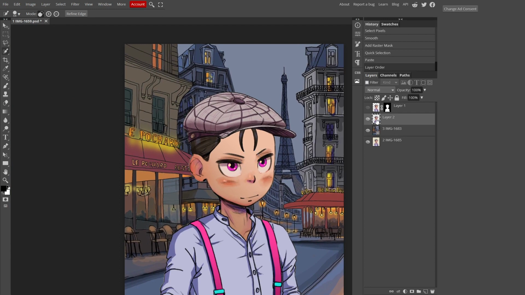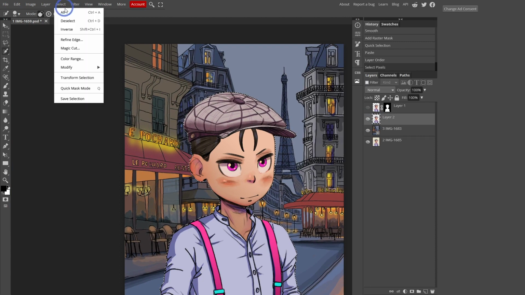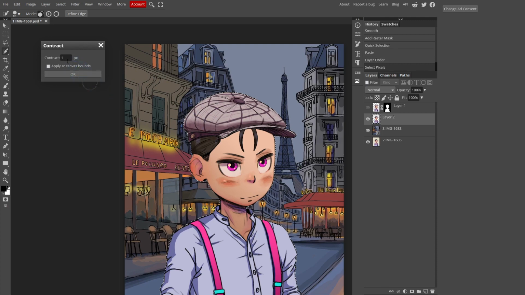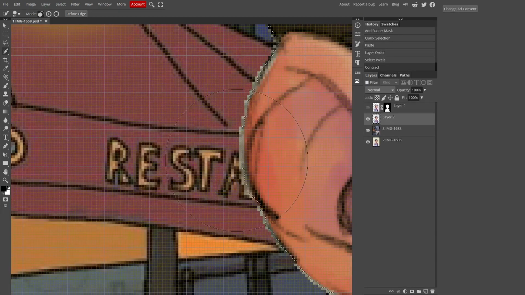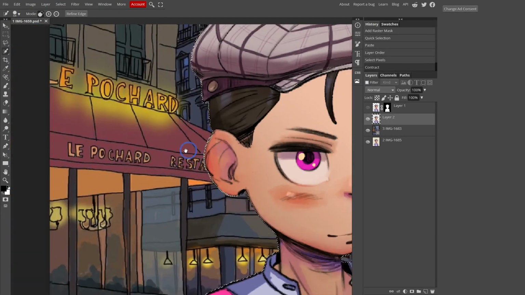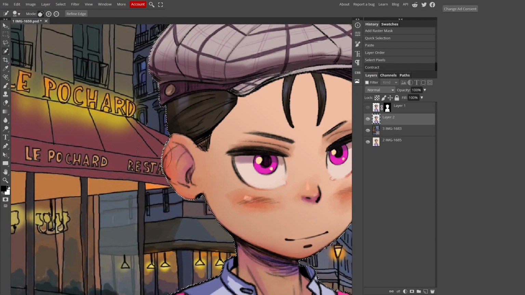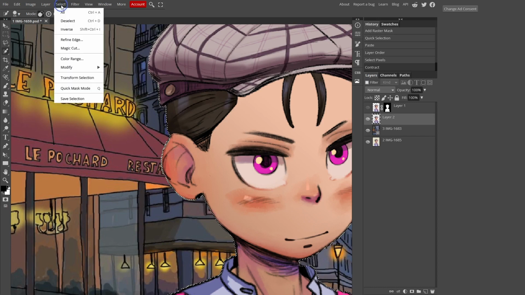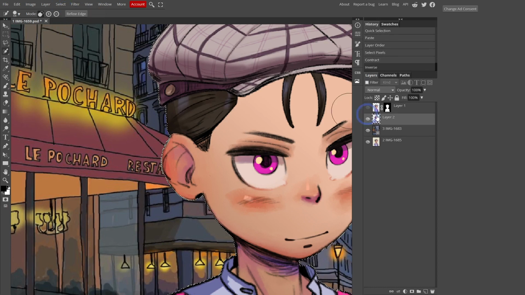What you can do as well, as I showed you previously, is Control-click on this element, and let's try to do something like going to Select, Modify, and I'm going to contract this by 1 pixel, for example. Basically what it's doing here is that it brings your selection and puts it inside. It contracts the selection. So from now, if I want to erase the part that is around this element, I can go to Select, Inverse, and then just suppress the part that I don't want.